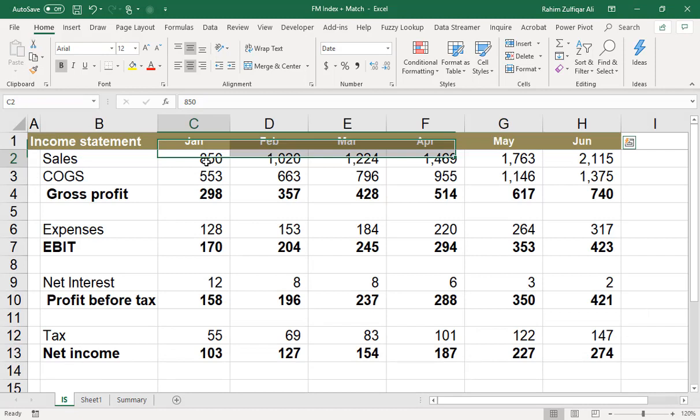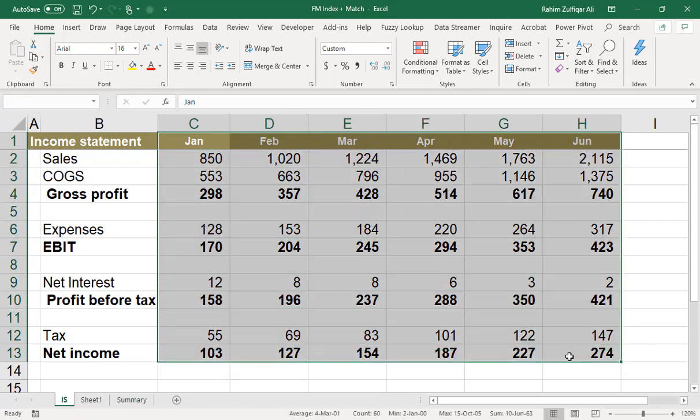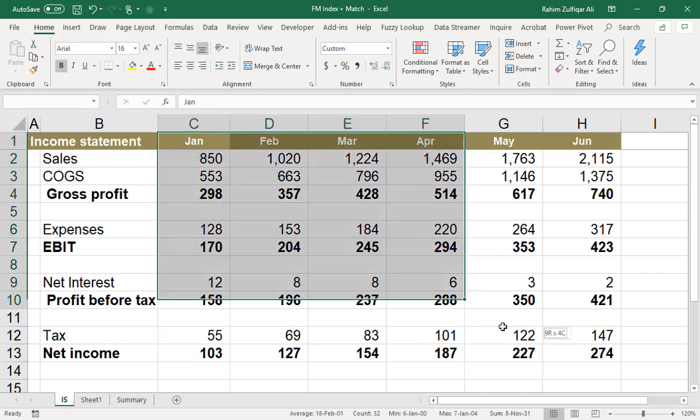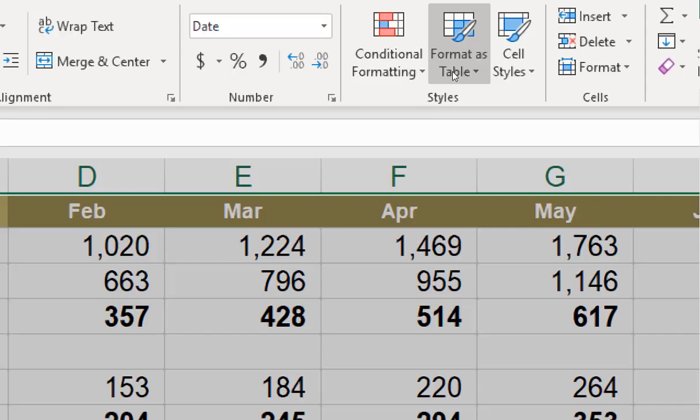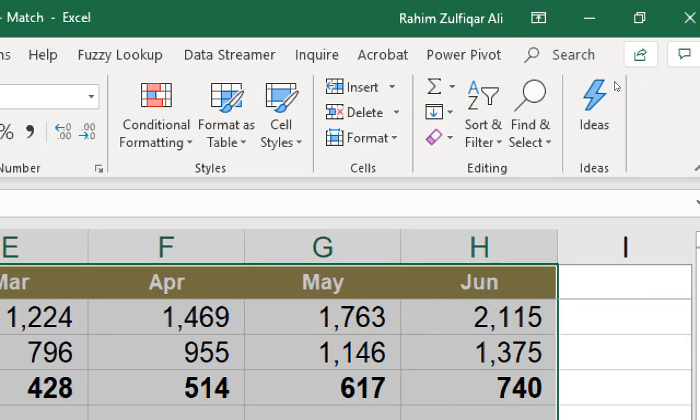So first, to get started: if we have this income statement or any other kind of report, and we have a certain time period or criteria, and we need to reverse that report, how can we do it? First we need to select that particular area which needs to be reversed, from left to right or right to left. So I just selected the columns from January till June, and in the Home tab we have an option that is called Sort and Filter. If you can see on my screen, you will find the Sort and Filter option.